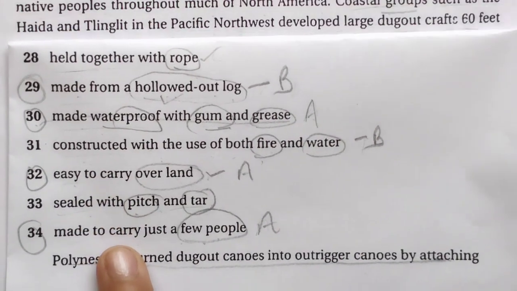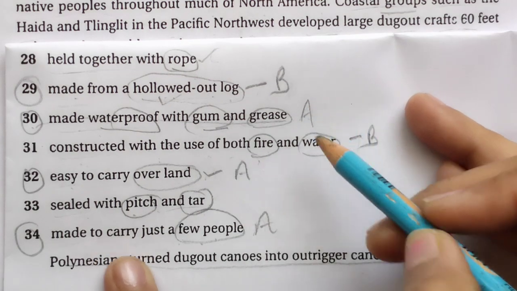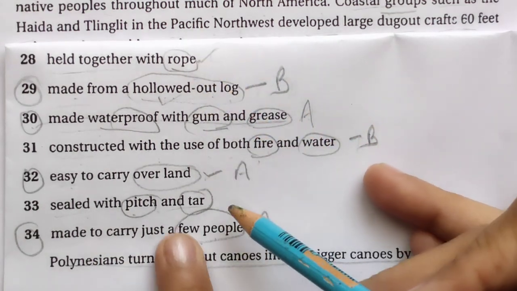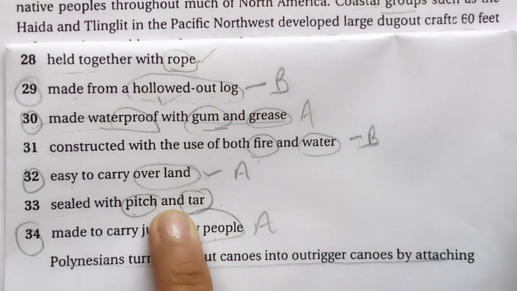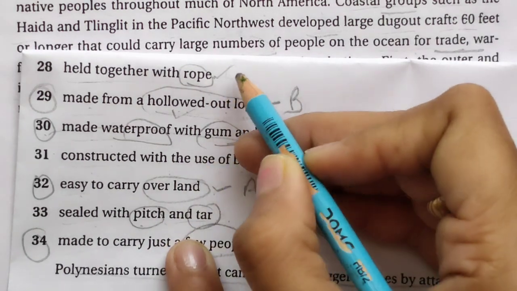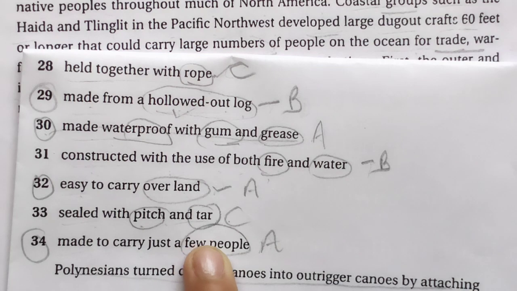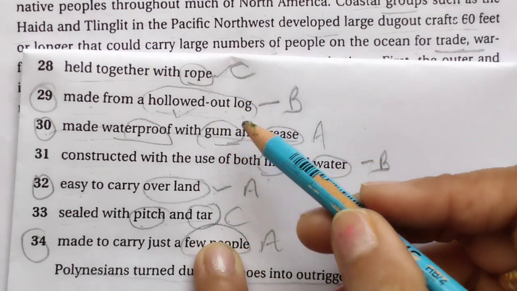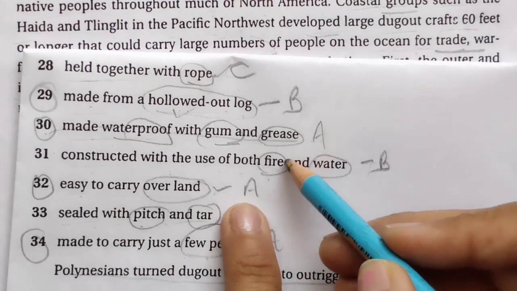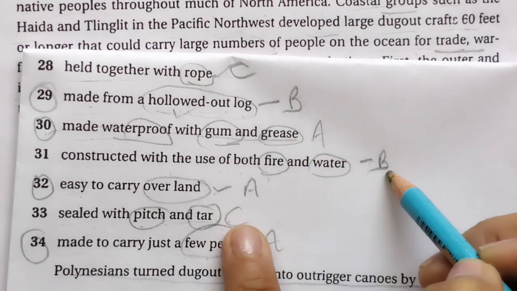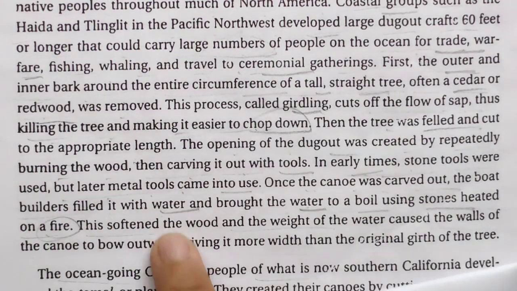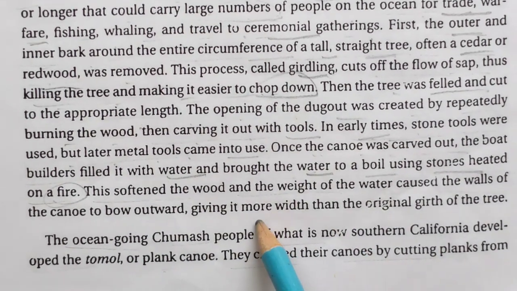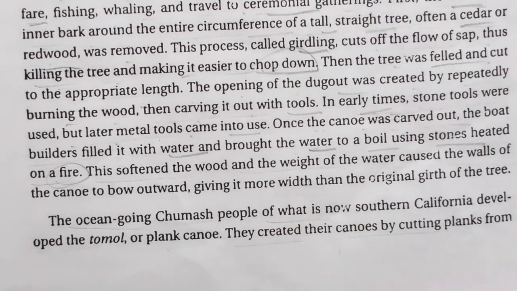Now here is how you can save your time. Now only 1 and 2 are left. It means these will be C, but I am making a video, I will show it to you. So here in the last options, we know three questions have matched with A and 2 with B, and now this paragraph is almost finished. It means next we will not get anything, I don't think so. Now we have to read about